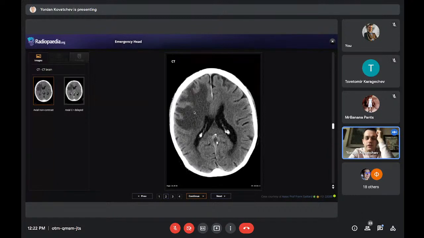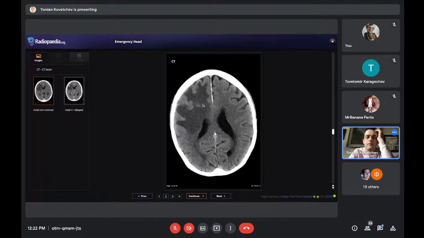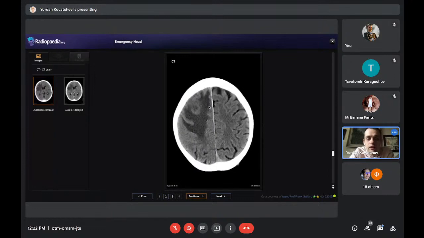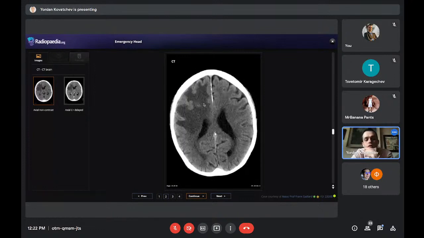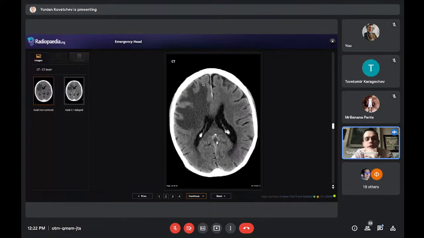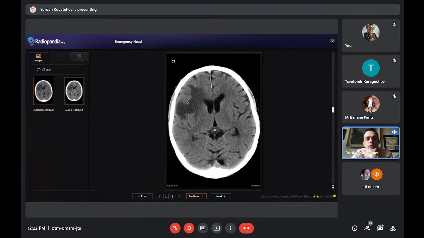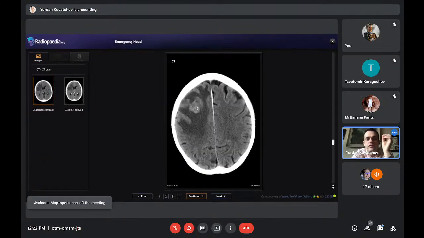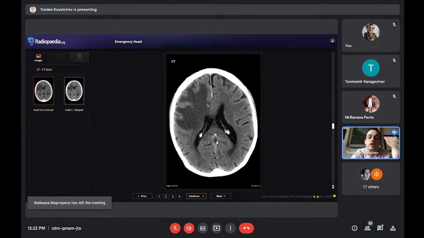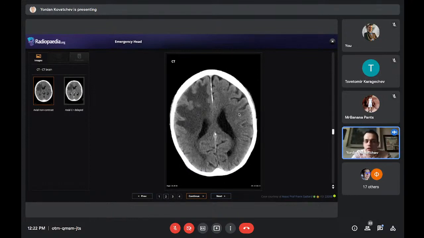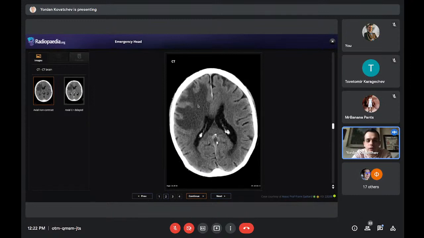We call it hypodense. It's darker, but not quite like the cerebrospinal fluid here in the ventricles, right? So there is edema, but compared to what we saw with the earlier patients, we can actually see the cortex pretty well. It's delineated. The gray-white matter differentiation, we say in this case, is accentuated. This means you can even better see the difference between gray and white matter, because in the normal brain here, we don't really see that. We see it, but not that well. You need to change windows just to make sure there is no problem. But here you can see pretty well the difference between gray and white matter.